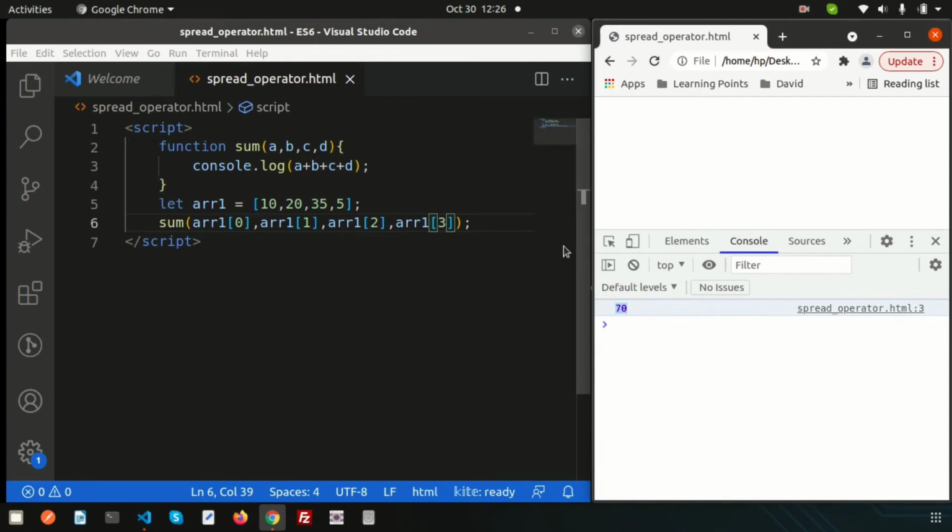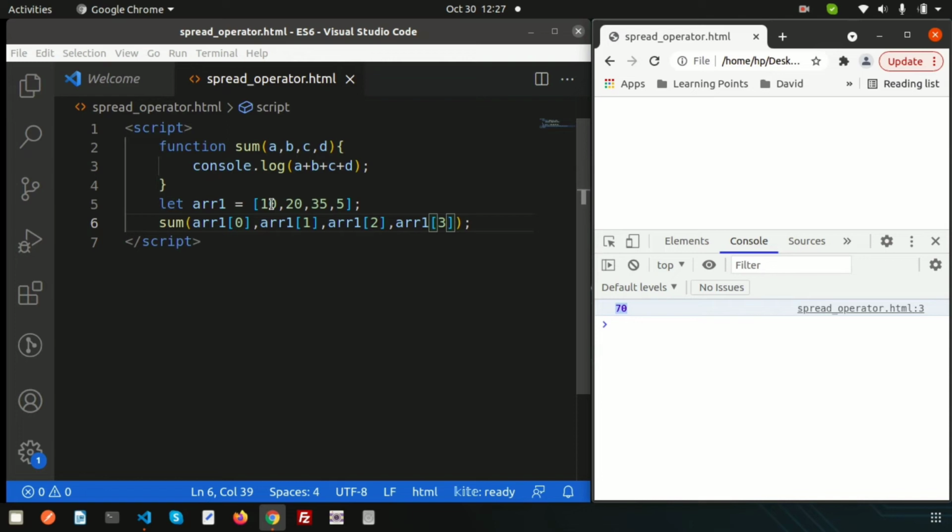So in this way, if I want to sum more than 10 or 12 or multiple numbers, suppose there are 100 students and I have to sum each of their numbers, will I pass them in this way? This is absolutely wrong. To solve this problem, the ECMAScript spread operator concept appears.